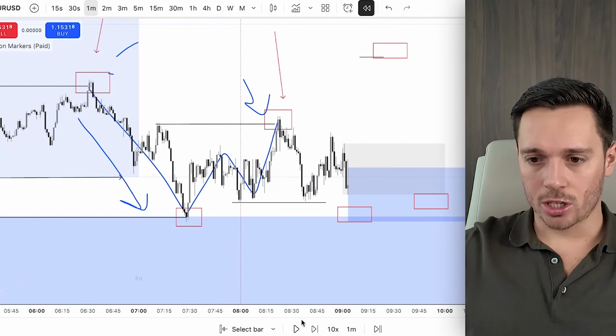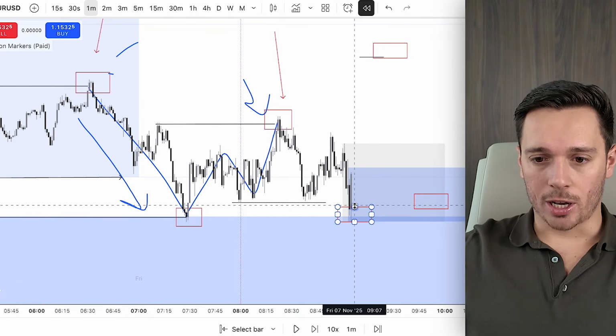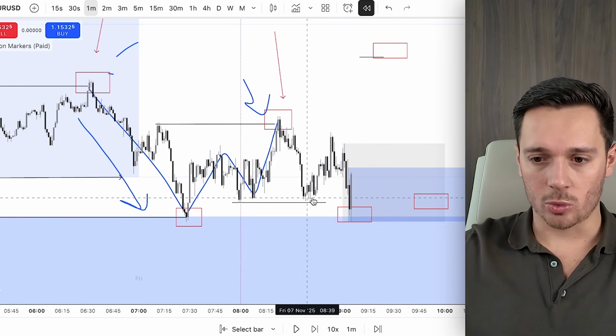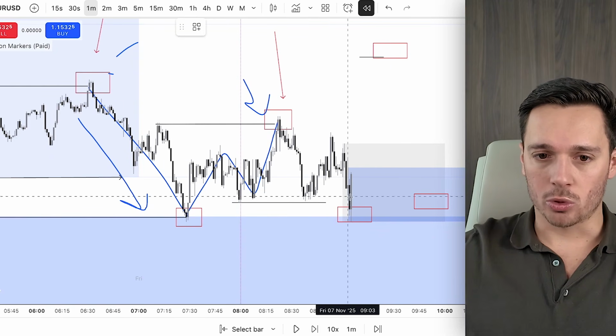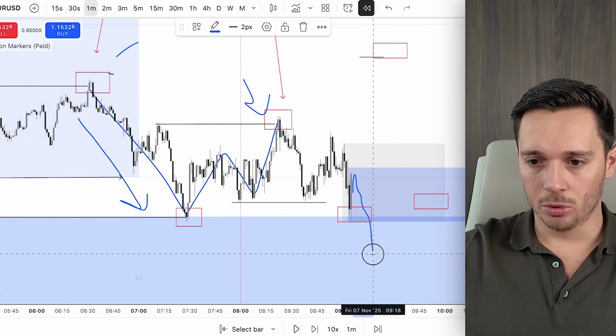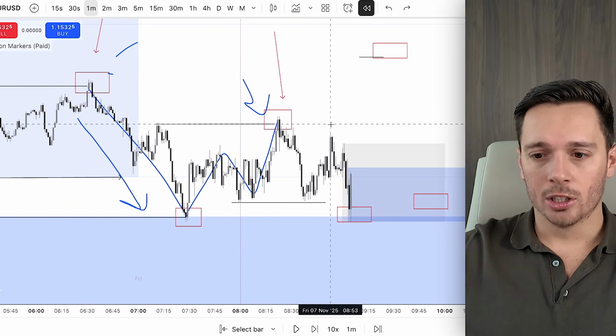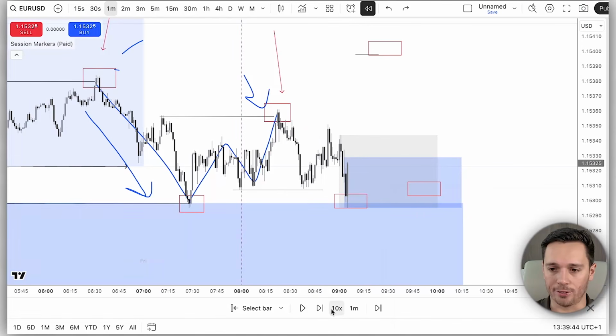That's my open of the session for London. We can see how price basically comes in here. We should not engage in price. We should still wait. Yes, we have equal lows in here, but price could very easily come here, make a pullback, create a new low, and that's when it actually goes to the upside. So we need to be slowly identifying if it's worth a shot or not, and I think it's not worth